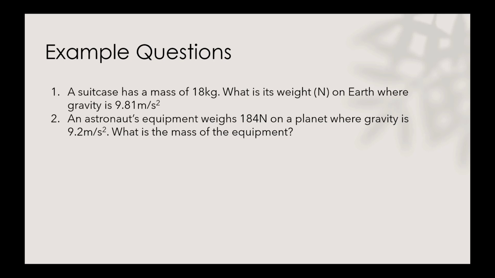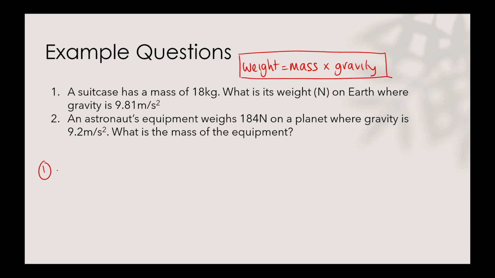Question 1 says a suitcase has a mass of 18 kilograms. What is its weight in newtons on Earth, where gravity is 9.81? For this, we're using the formula that weight is equal to mass times gravity, and this is a formula that you're not going to be given, so it's one that you need to learn. Using this formula, we have mass, which is 18, and gravity, which is 9.81. To work out the weight, I just multiply those two numbers, and if I type that into my calculator, I get an answer of